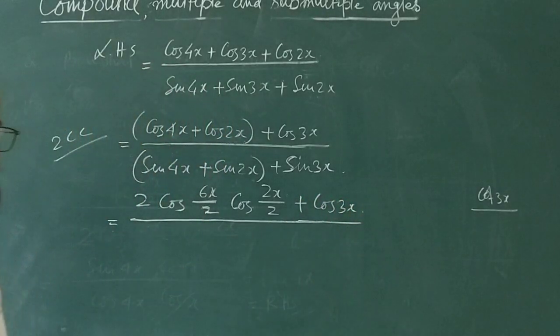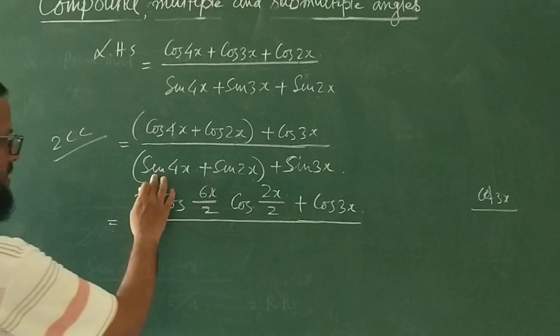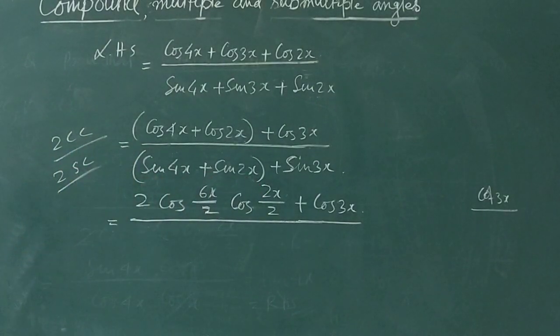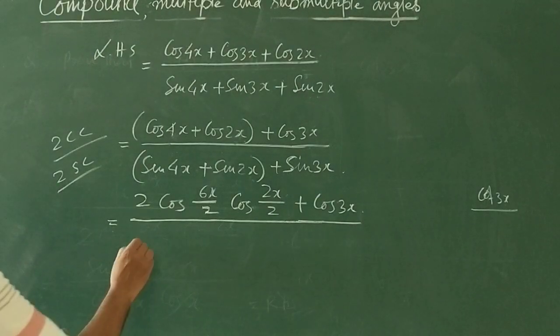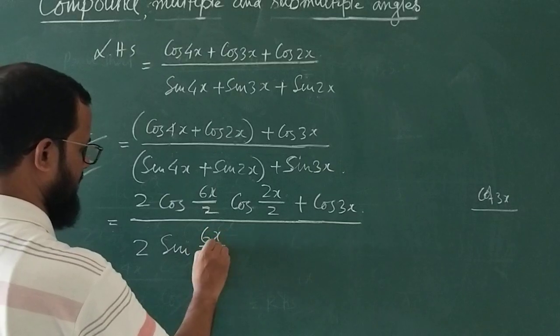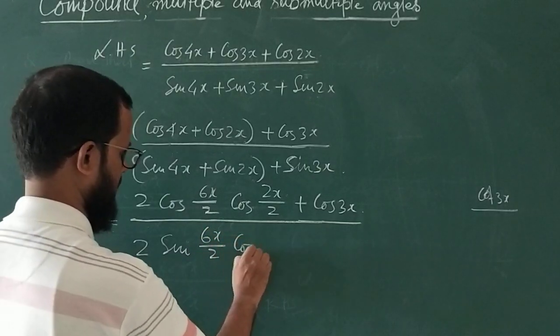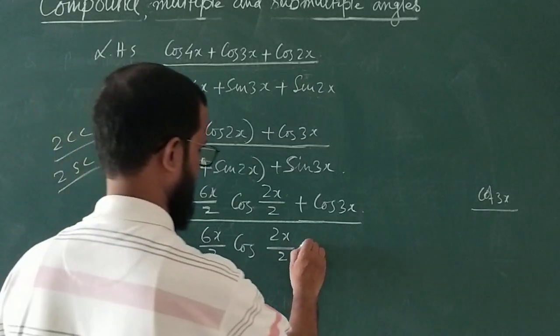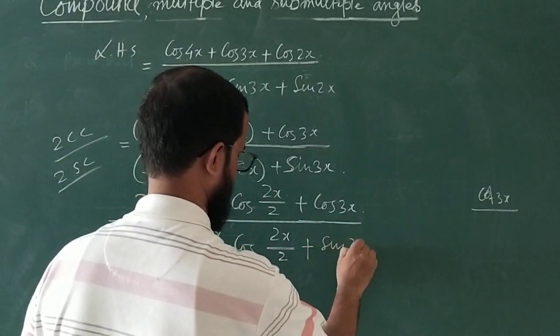Okay, I hope you are understanding. Similarly sin c plus sin d means what? 2sc. Formula is what? 2sc. First sin then cos. Sin ये same आएगा (c plus d) divided by 2 into cos (c minus d) divided by 2, same आएगा result plus sin 3x. Okay,